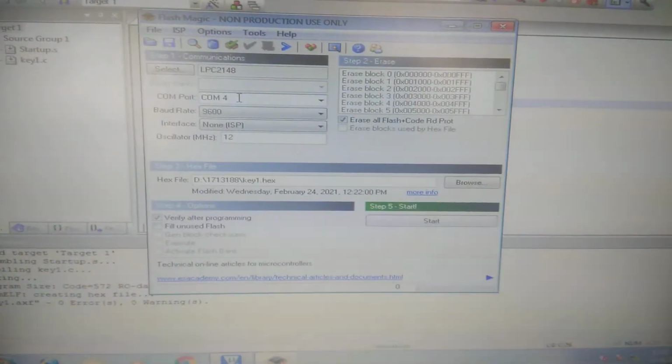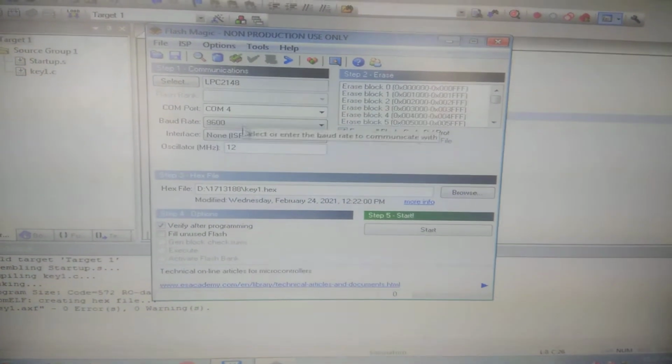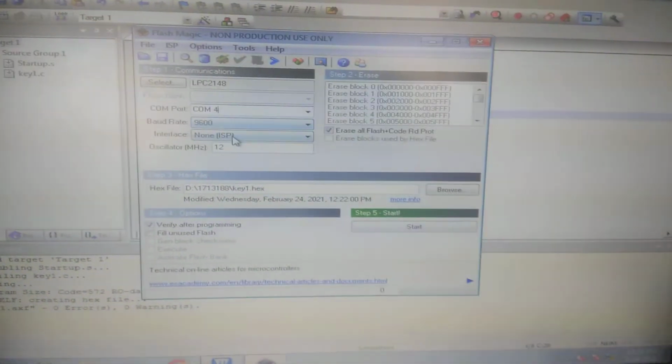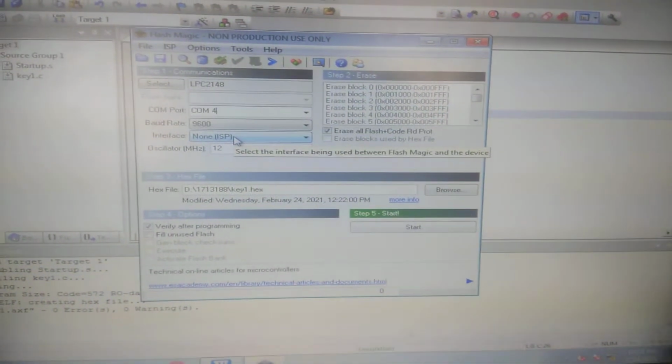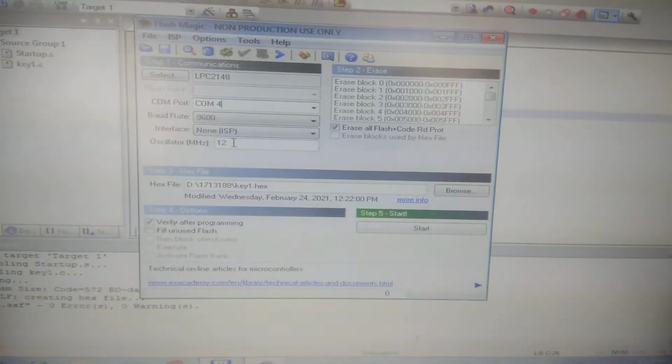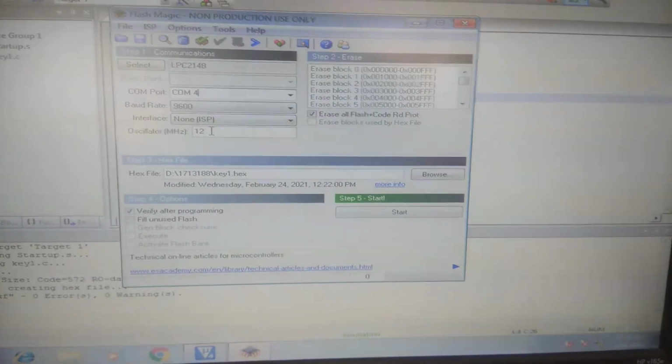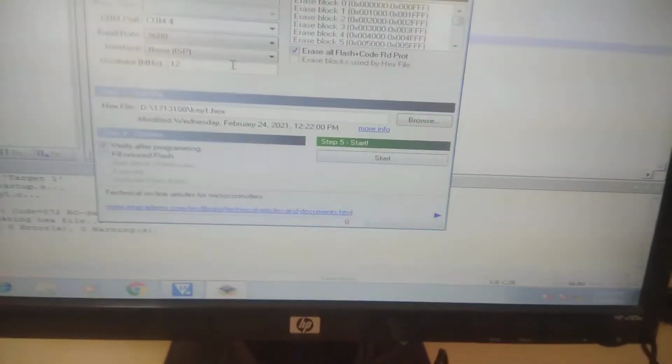It will ask for the administrator. So the baud rate is 9600, and then for the interface you have to select ISP. The oscillator of your microcontroller is 12 megahertz, right? After that you need to dump your hex file. For this you need to go to your programmer.